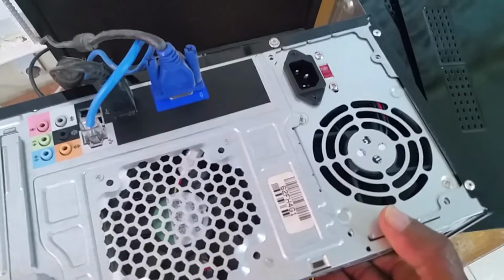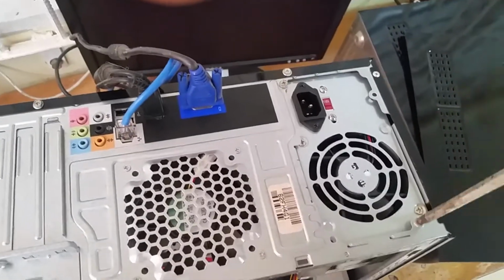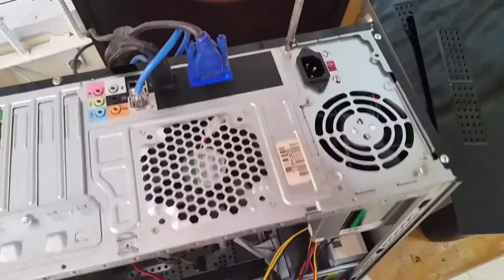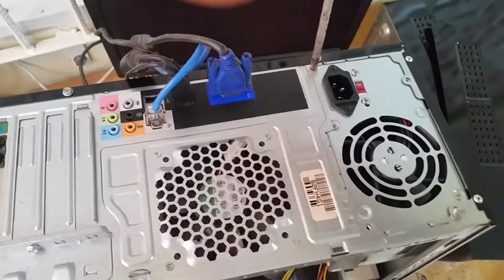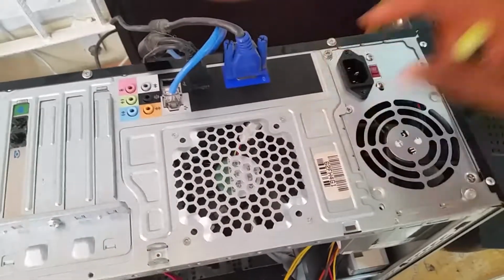So we're going to secure the screw there. I'm securing the power supply. It actually comes with 4 screws, but you can use 2, just put them in diagonally. Ensure that you put one at the plug section there,